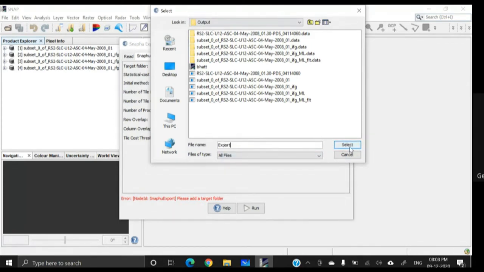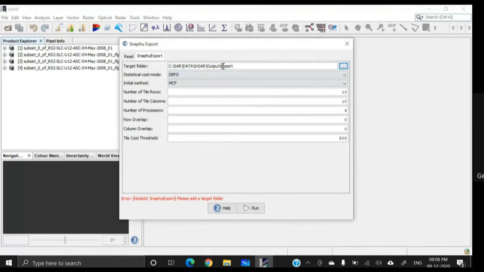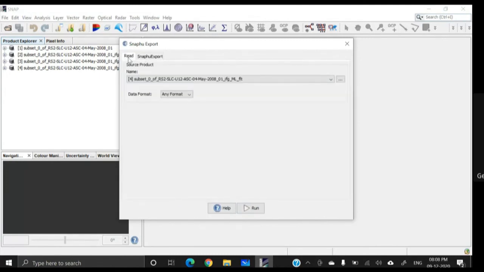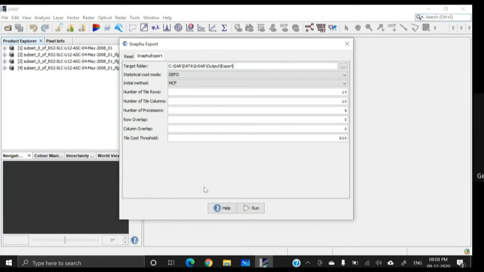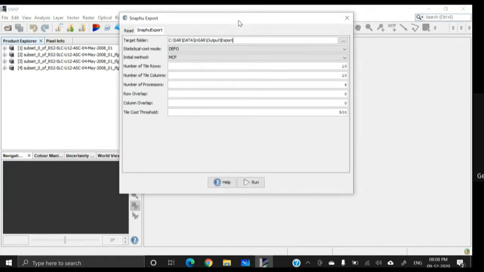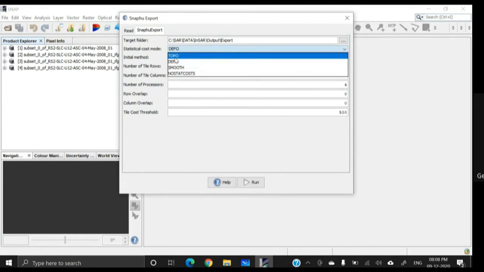So click on select. Now, as you can see, we have defined the target folder, but still the error is there. Don't worry. If you click on any other tab, the error will vanish. There are some minor problems in the software. Now see statistical cost mode. We shall select topo from here.